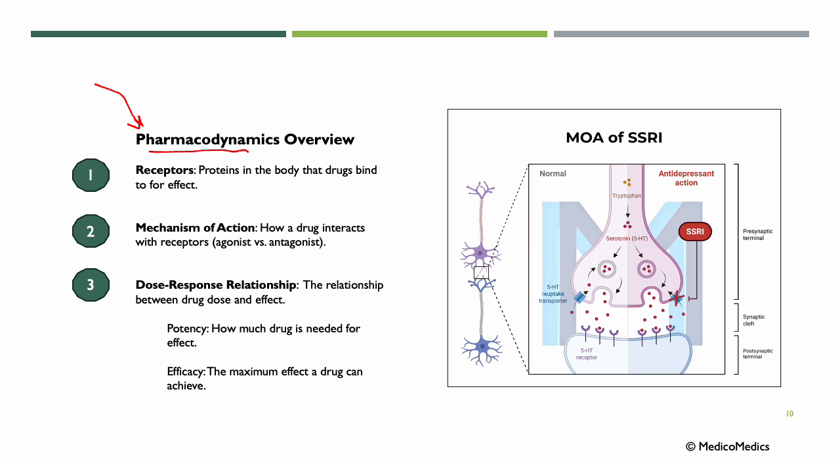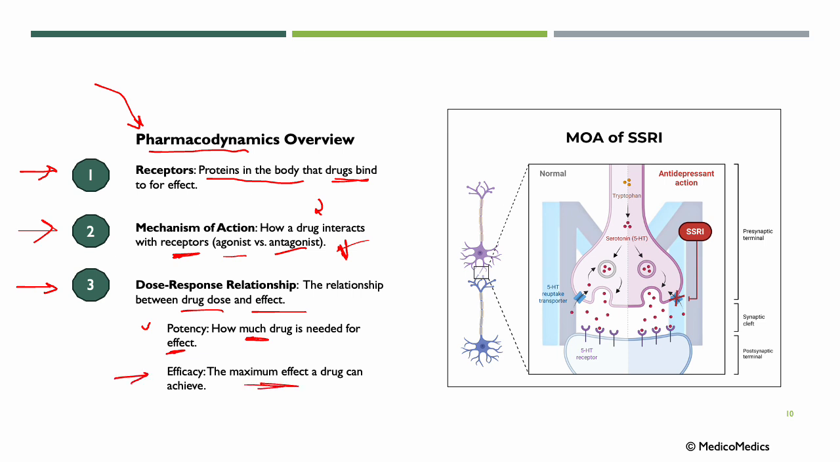So central to it are, for example, the receptors, so proteins in the body that drugs will bind to for effect. And we have mechanism of action, of course, how a drug interacts with the receptors. We have agonist or antagonist. Does it block it or does it bind to it, leading to some effect? Another important concept is the dose-response relationship. So the relationship between the dose given and the effect. We have concepts like potency, so how much drug is needed for the effect, and efficacy, so the maximum effect